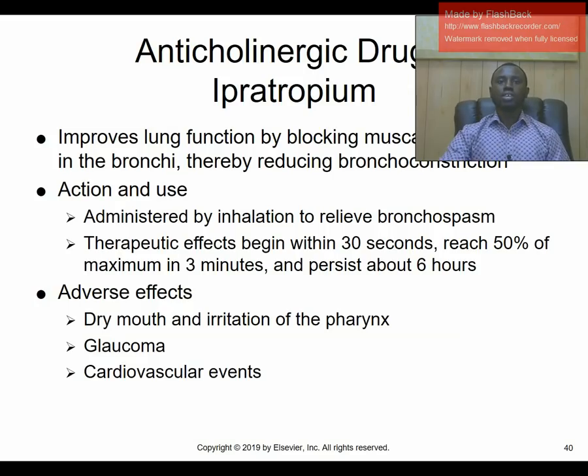The action of anticholinergics is the relief of bronchospasm. So, for example, when delivered by inhalation, inhaled anticholinergics would arrest the physiological process